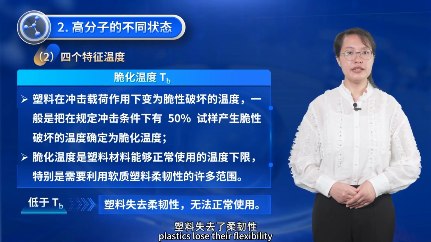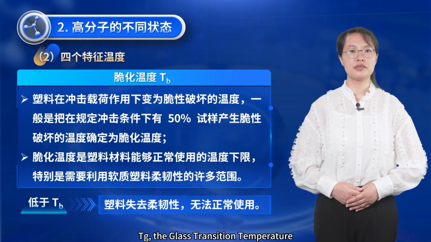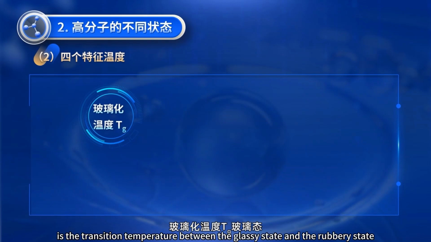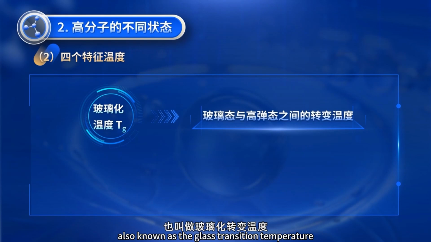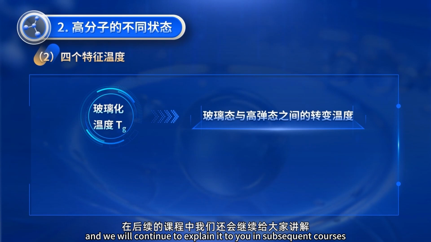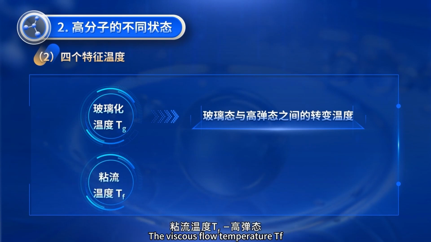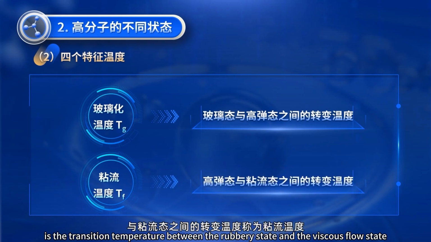Plastics lose their flexibility, become brittle and fragile, and cannot be used normally. Tg, the glass transition temperature, is the transition temperature between the glassy state and the rubbery state. The glass transition temperature is an important parameter, and we will continue to explain it to you in subsequent courses. The viscous flow temperature Tf is the transition temperature between the rubbery state and the viscous